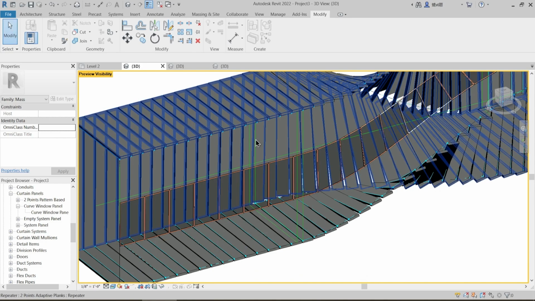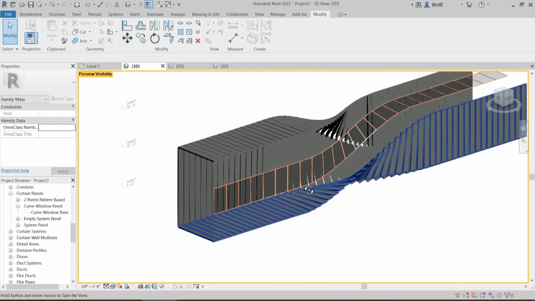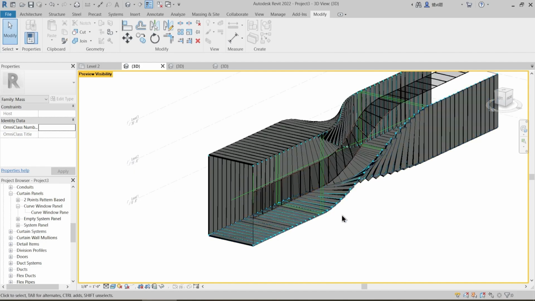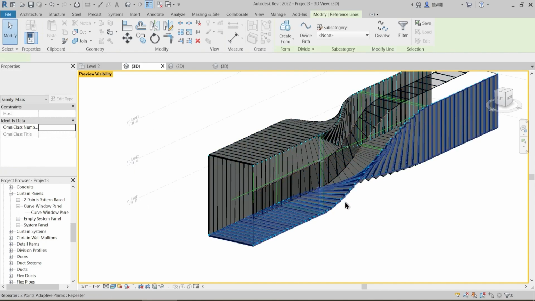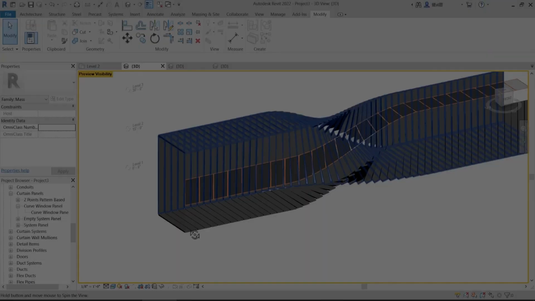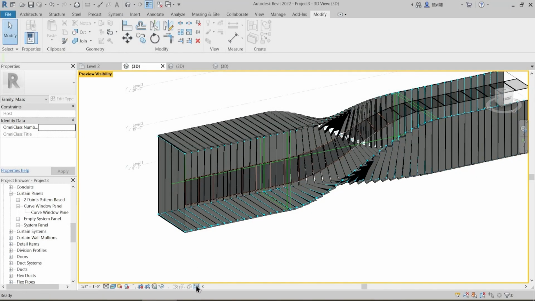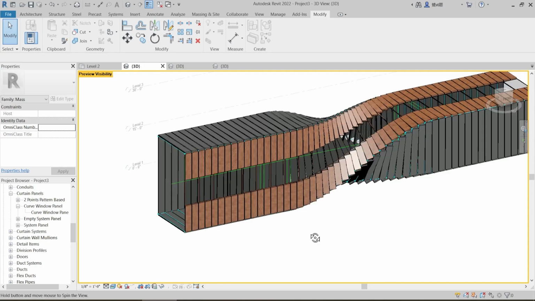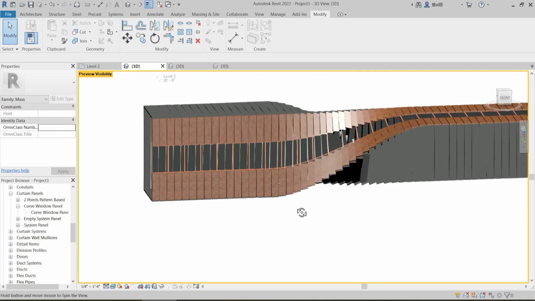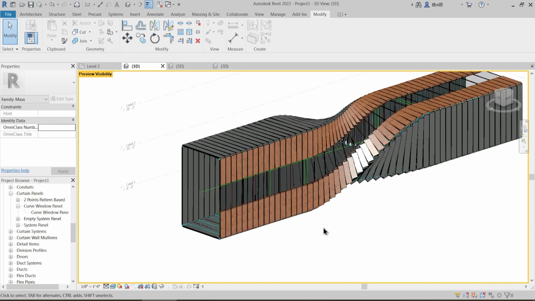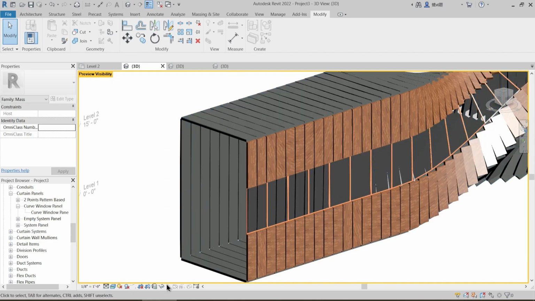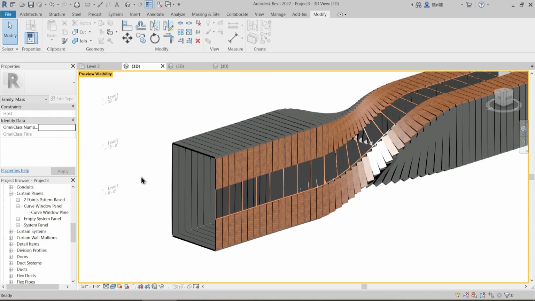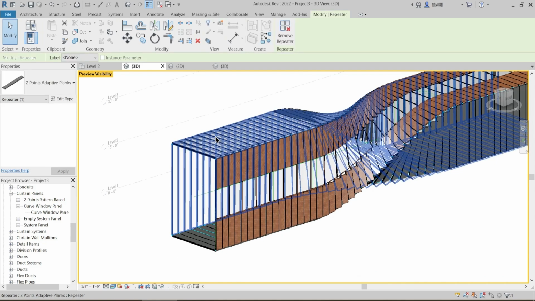Is that visible? Yeah. So see, okay, and with that